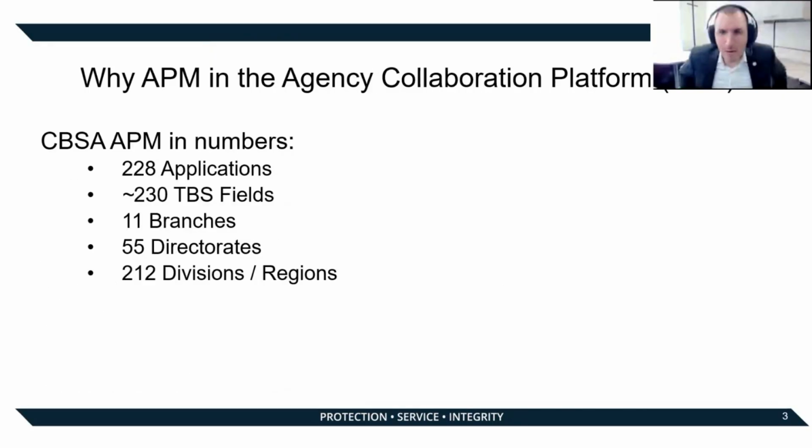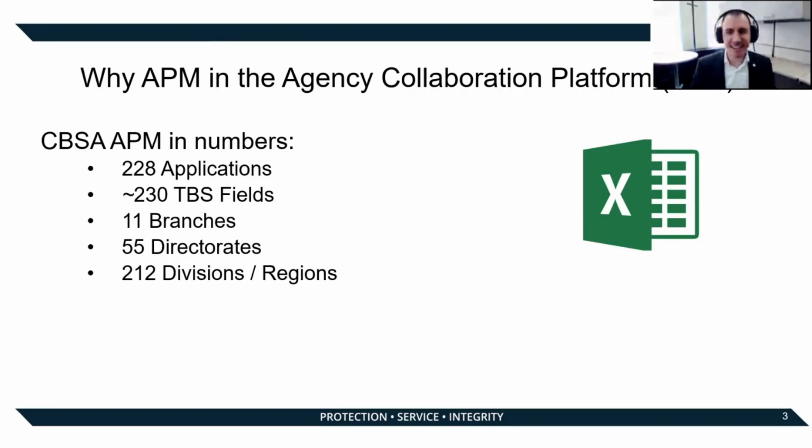So first, let's talk about the past and numbers so we all feel the pain. CBSA has a massive amount of applications, and filling their data in the context of the APM practice is extremely time-consuming. With 228 applications currently active and requiring an APM assessment that asks for around 230 data elements, we are talking about 52,000 potential data entries. All that total needs to fit into one wonderful